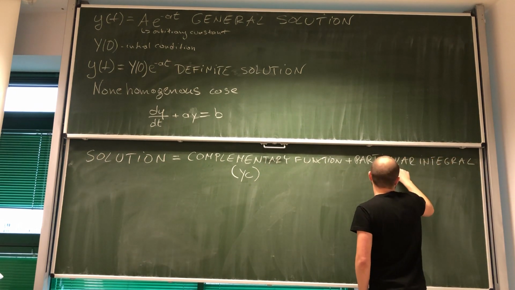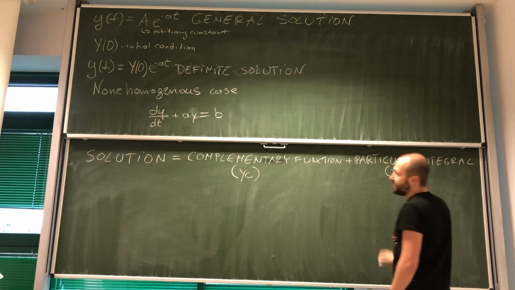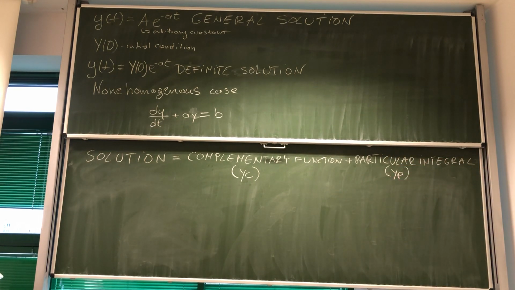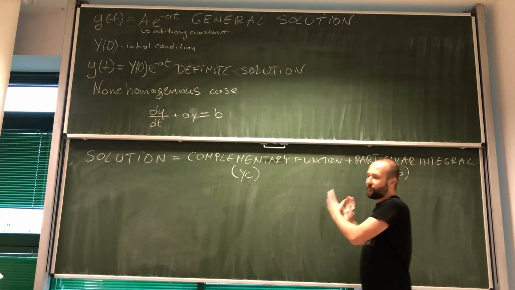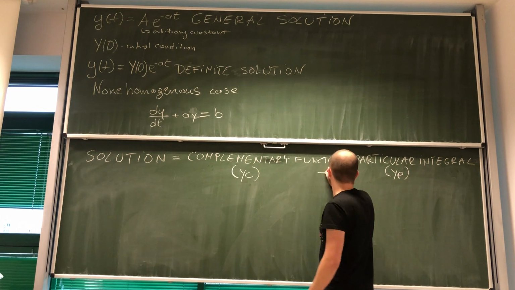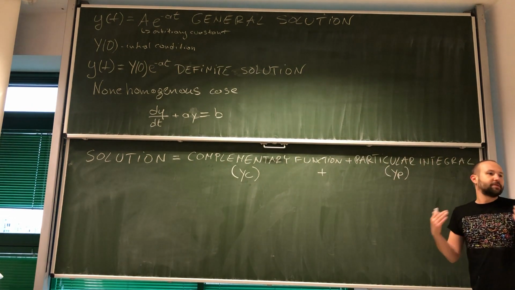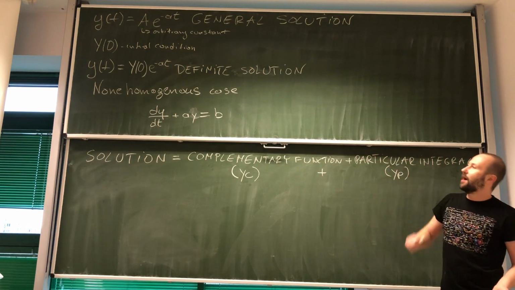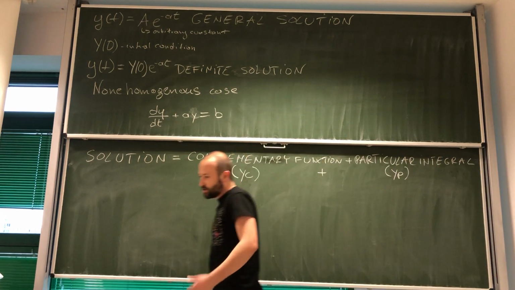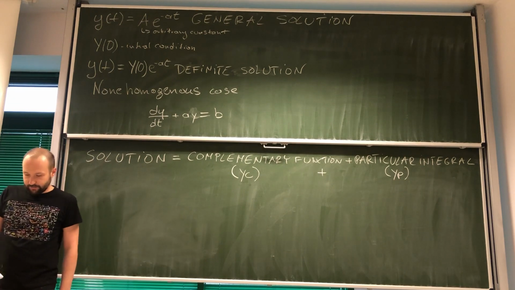And we denote it as yp. And look, if we have a complementary function and particular integral, when we simply add them, they are going to give us the solution to any differential equations. Okay,